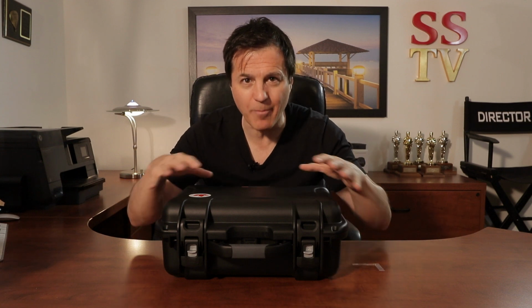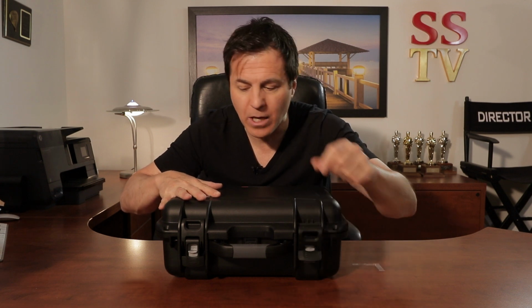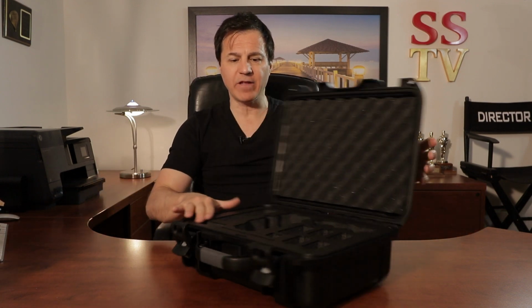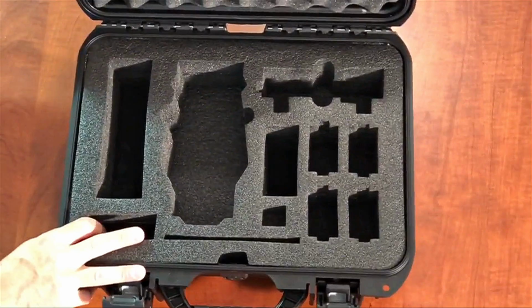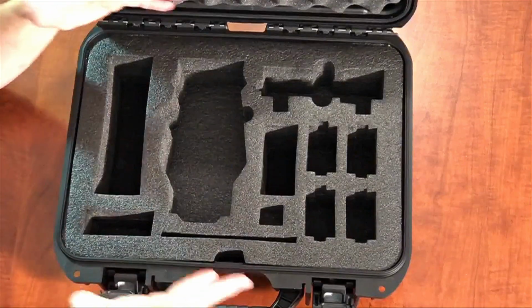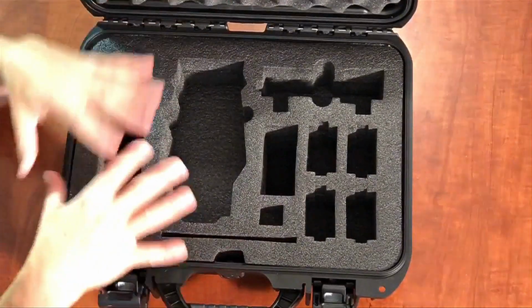So one thing I like about the Nanuk case is the way they open. You absolutely need to pinch here to open it, otherwise it will not open. If I do this here, it doesn't work. You absolutely need to pinch here and open it this way. So this is the inside of the case here, and I'm going to place it like that to see the inside. So there's a lot of storage. It's one of the biggest in terms of